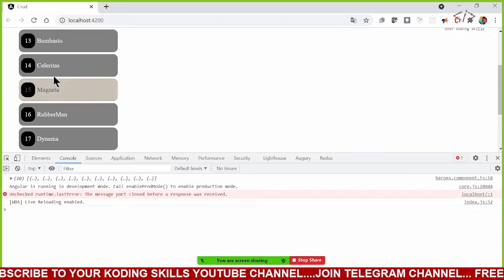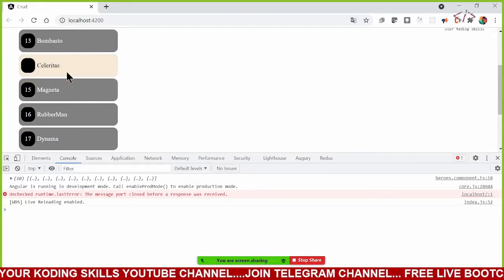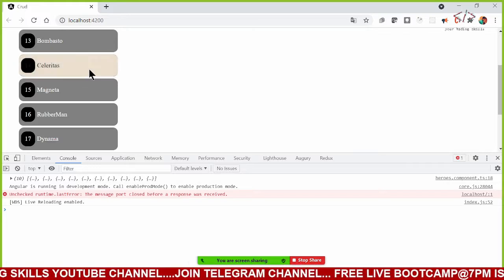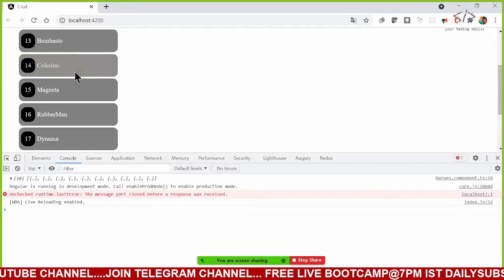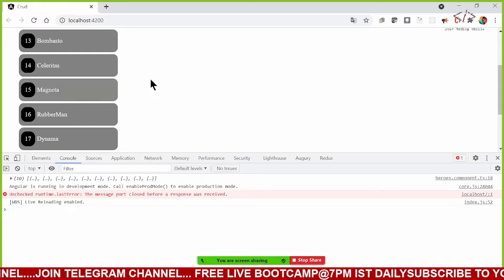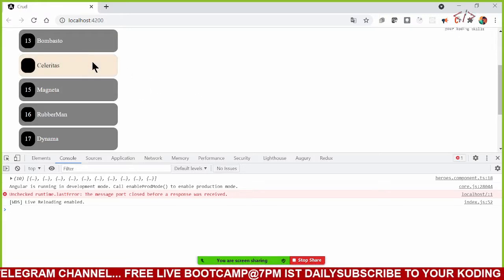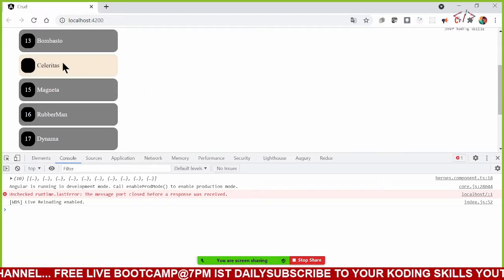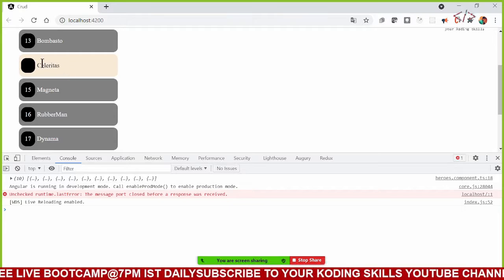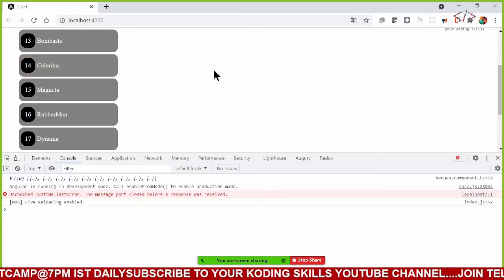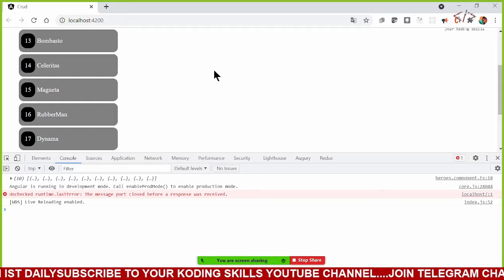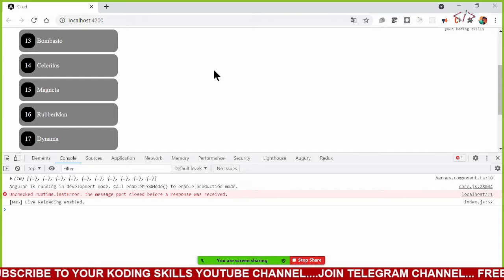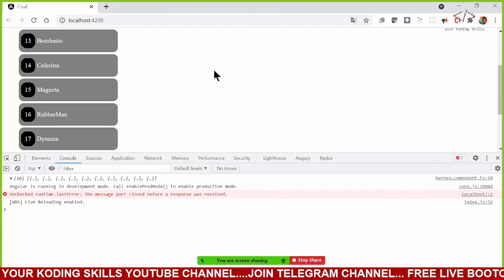Also, when I select something, that selected value should always be shown, and this one needs to be highlighted. See, mouse over I'm doing, this is different, but when it is selected, it should have the same styles. How do we do that? We will continue in tomorrow's session, and you can take this as an assignment.